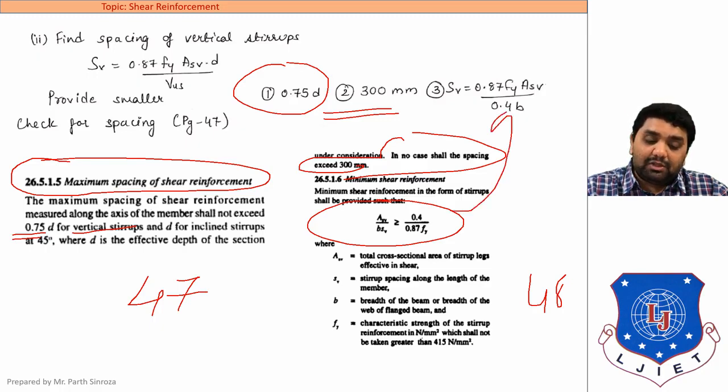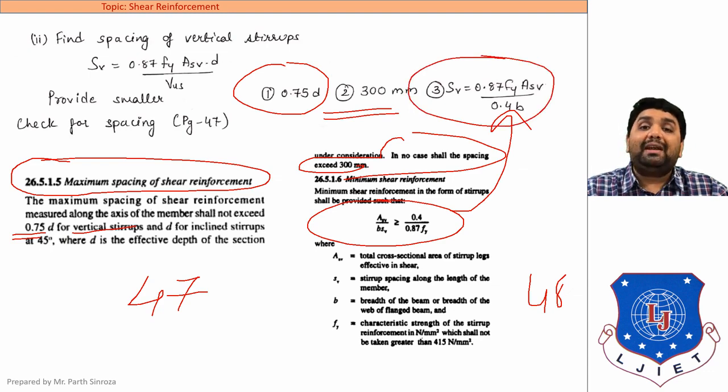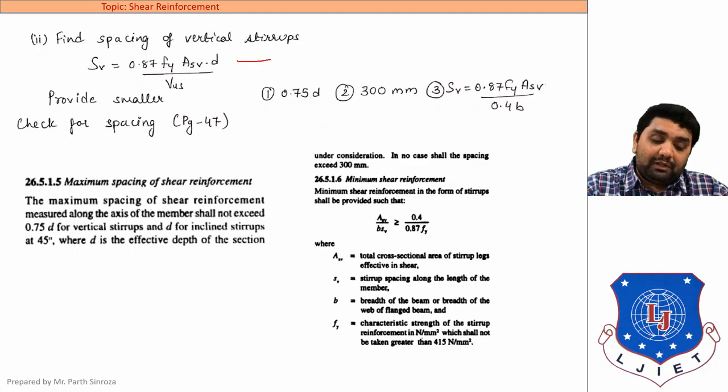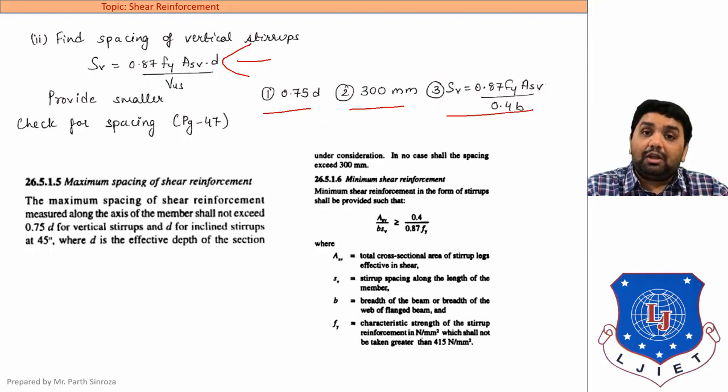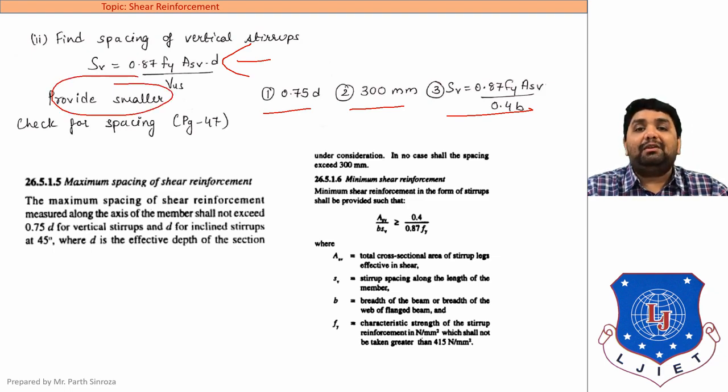For the third criterion, from this equation we will make Sv the subject. The same equation is being used; we have just made Sv the subject, and the equation can be transformed to this form. So we will be getting four values. The first value from this equation, that was Sv, then the second equation, the third equation, and the fourth equation. So Sv, the final spacing, will be the smaller of these four values. This will be our final answer.